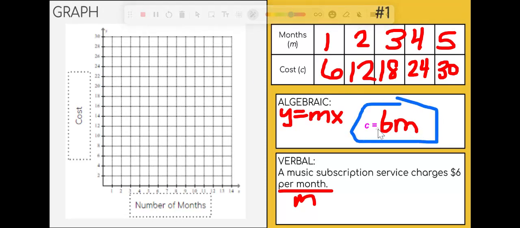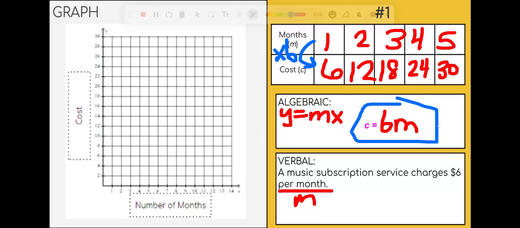So we can see how I'm using this equation here. My cost is my number of months times 6 to get my cost, okay? Or my cost is 6 times however many months I want to have the subscription. So my verbal expression matches my algebraic one, which matches my table, and now we have to make a graph